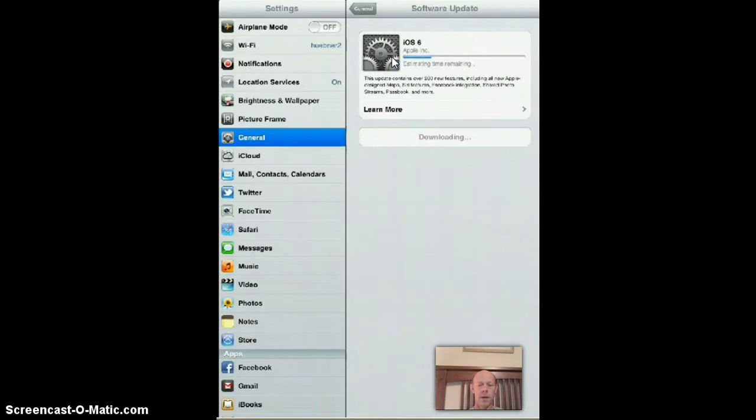There it goes. Alright, you're going to see that iOS 6 starts to download. This is kind of a time lapse that I'm doing here, so it's not going to be this fast, believe me. Be patient. Probably want to walk away from this and do something else while this is taking place. And while that's downloading,